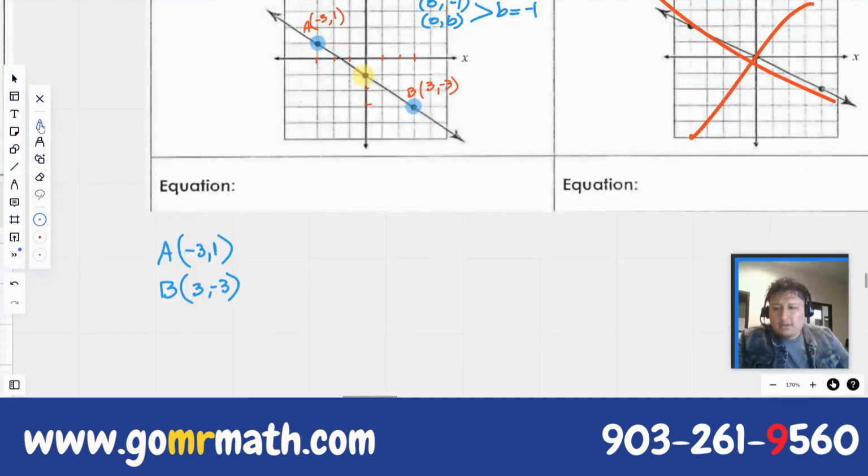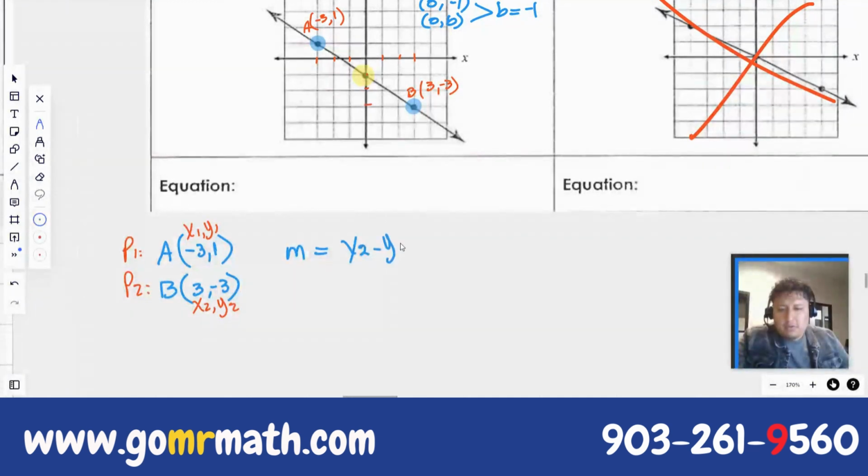I'm gonna call point A my point 1, and B my point 2. Point 1 will have the coordinates x1, y1, and point 2 will have the coordinates x2, y2, and my slope, if we remember, is equal to